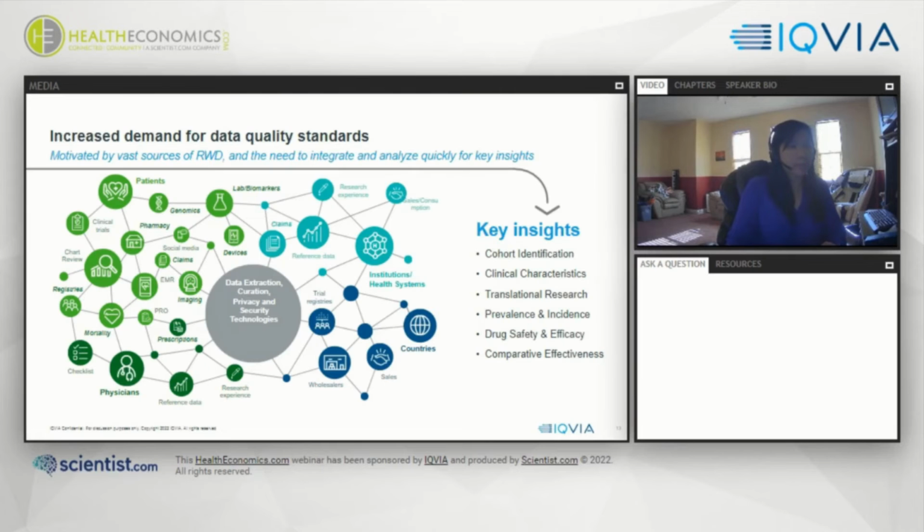So within data standardization, most of us, as you showed us in your poll earlier, realize that there are a lot of different data assets out there, and you're familiar with many of them. But as we continue down the digital age, there's more and more data that's going to be available to us, in many different types of formats and fields, with many different types of curation problems and privacy problems that you might encounter. But the vast majority of this data is so rich that we want to be able to use it for key insights, such as understanding your cohort, your patient population, being able to characterize them, being able to do different types of